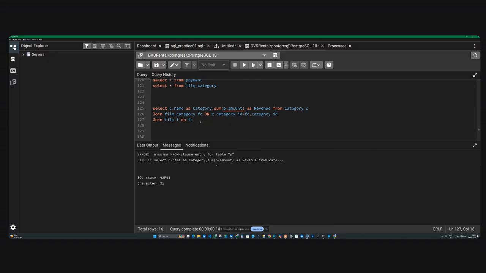Film category dot film id equals to f dot film underscore id. Okay, if you run